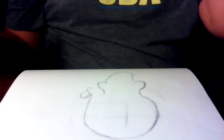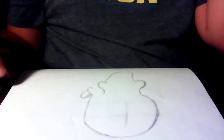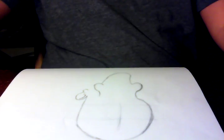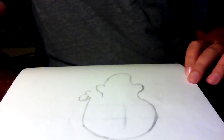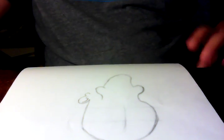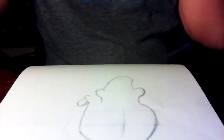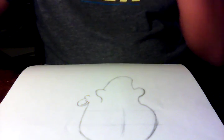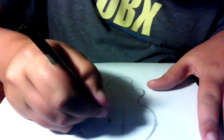So when I draw the eyes, I just usually go for circles. But with Bobish McFreely, these names are weird, I did a figure 8 eyeball with separate pupils. That's more of a surreal kind of thing. What kind of eyes should I do? It really all just comes down to what's easier to do. So I'm gonna actually just do,